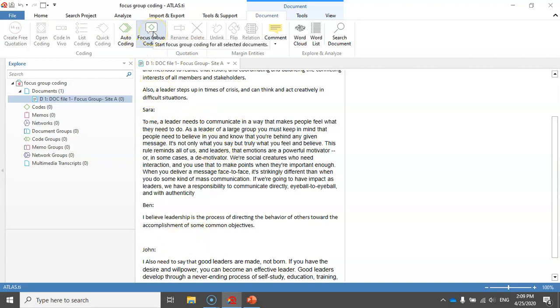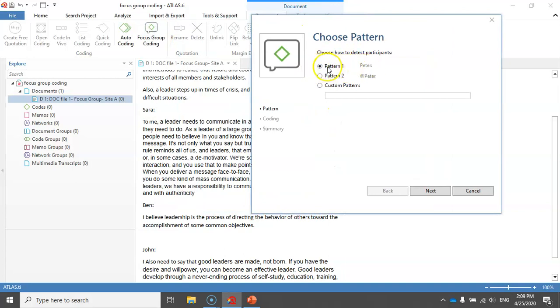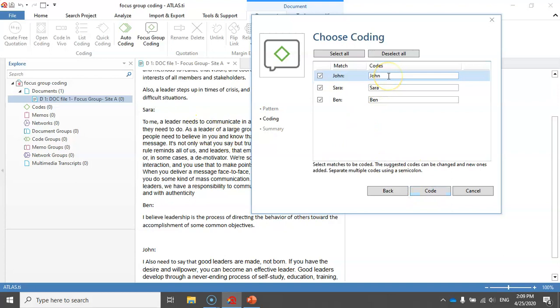All right, now let me start the process of focus group coding. Here as you can see, you need to select a pattern, and I just select pattern 1 because pattern 1 is what I have in my document. So then I click next. Now here you need to define the codes to be assigned to each of these speakers. By default, the name of the speaker is assigned to the speaker as a code. Now you can add some speaker attributes, such as, for example, gender. John is male, or marital status, married, and